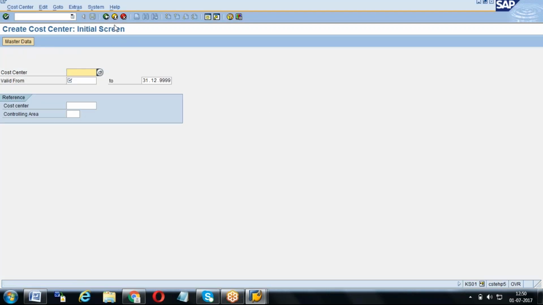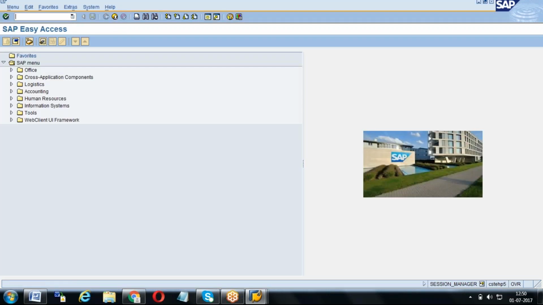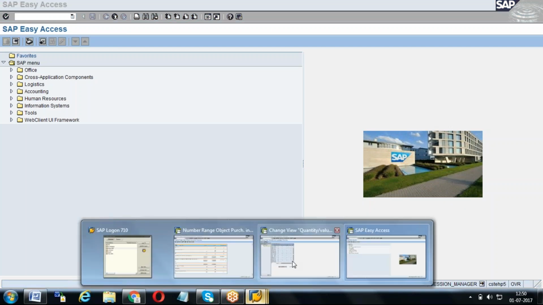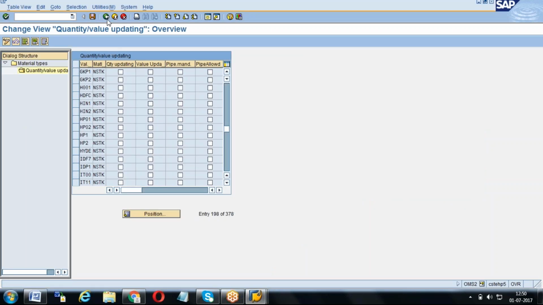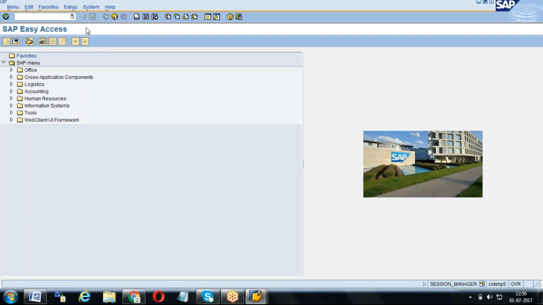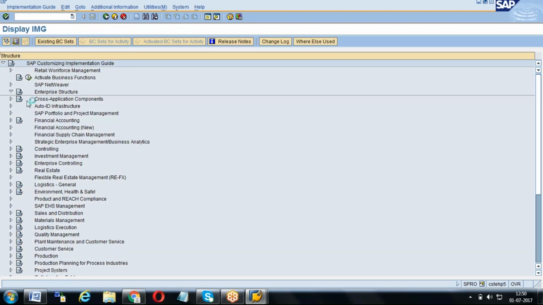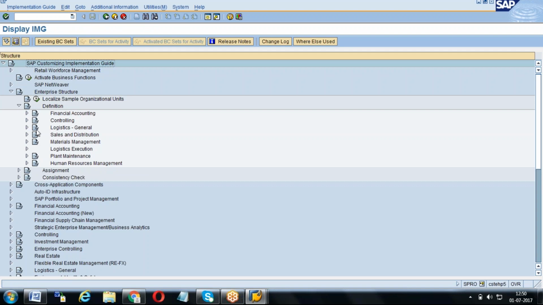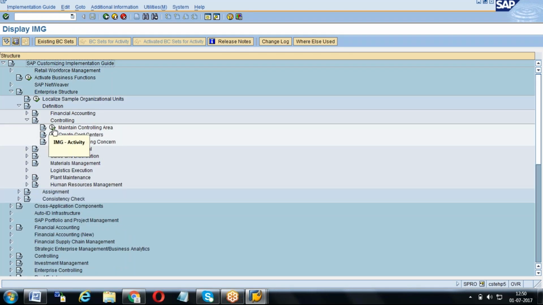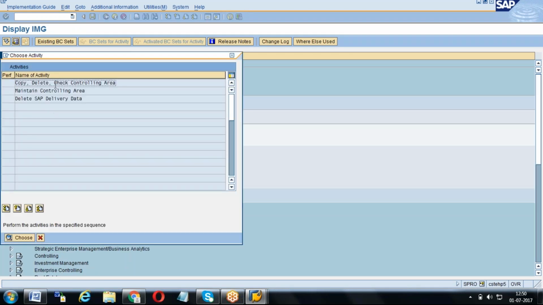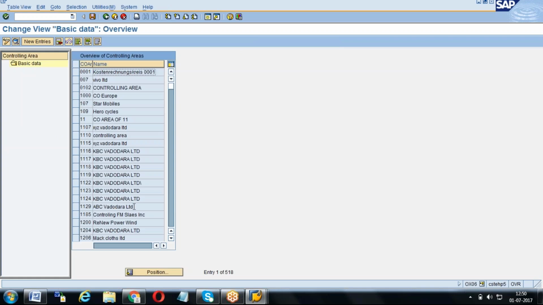Now before creating the cost center and all, as I told you, the controlling area comes under the configuration. In SPRO, in enterprise structure, under definition, under controlling we will have maintain controlling area. Here we will create one company code as one controlling area.